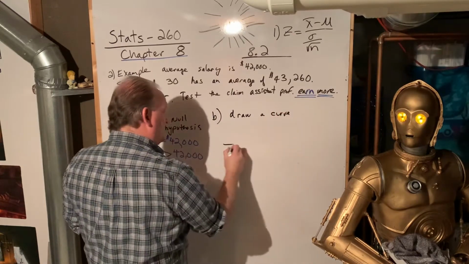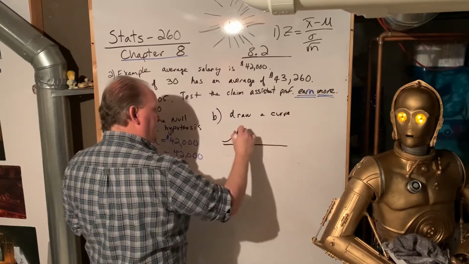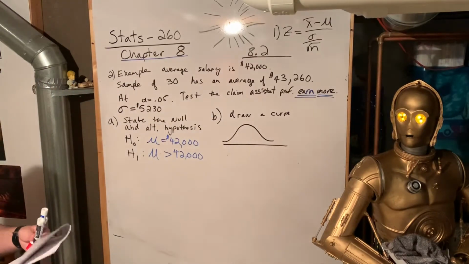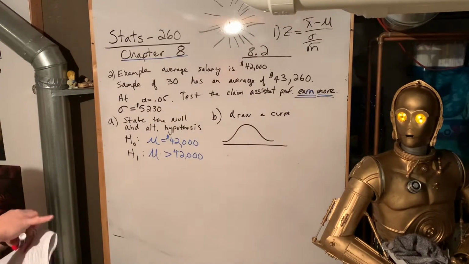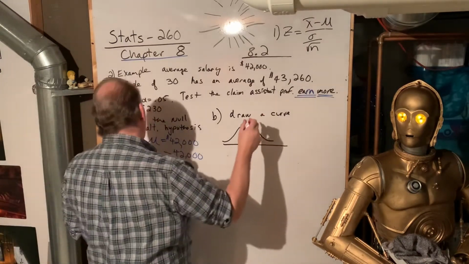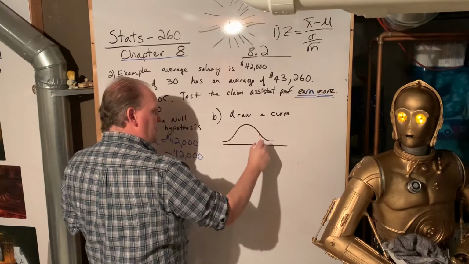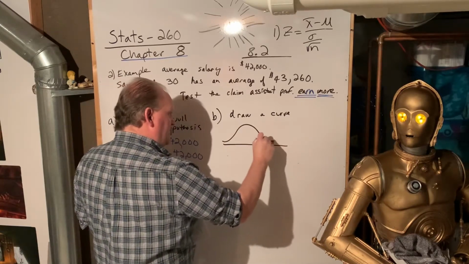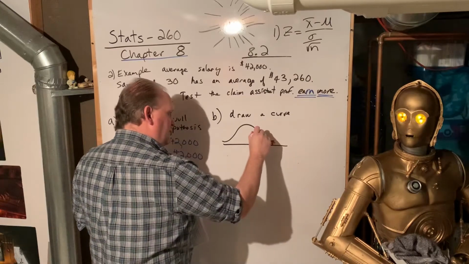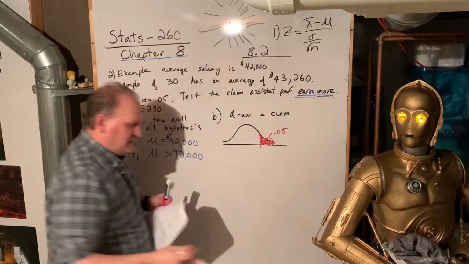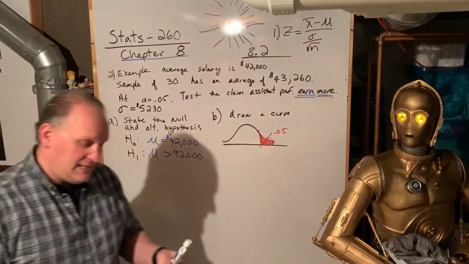So we're going to draw a standard normal curve, and we're going to mark it up. So we've got some information that they've given us on this. We know that alpha is 5%, and it's a one-tailed test on the top end, a right-handed one-tailed test. This is 5%. That means that